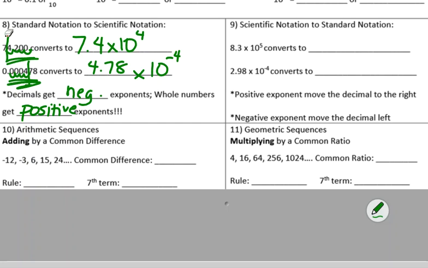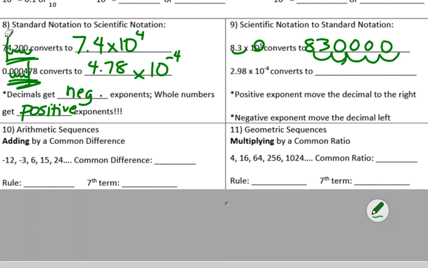All right, for scientific notation to standard notation, we are going to look at that exponent, see that it's positive, and know that we need to make that a whole number. So I'm going to move to the right, not the left. I'm going to move to the right 5 times. 1, 2, 3, 4, 5, and write my new number,